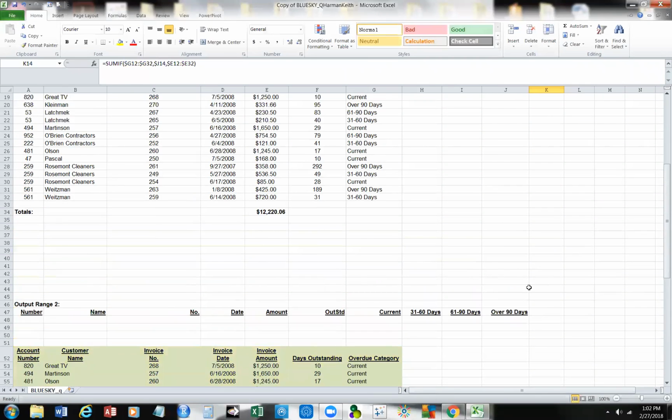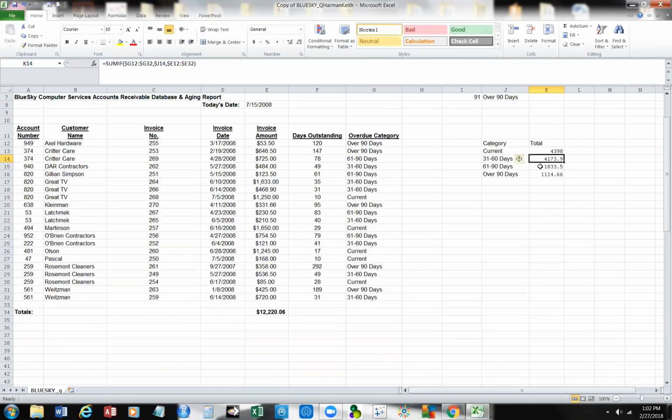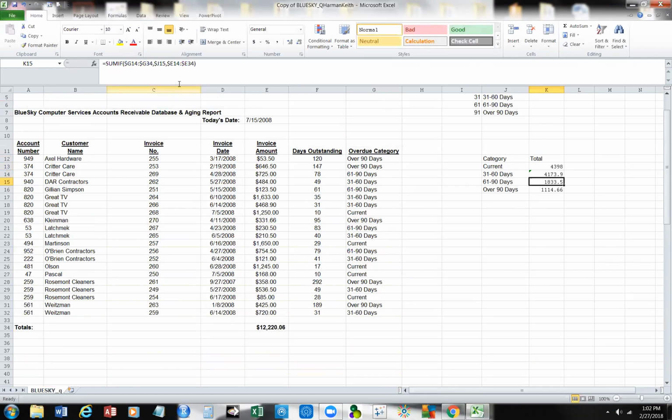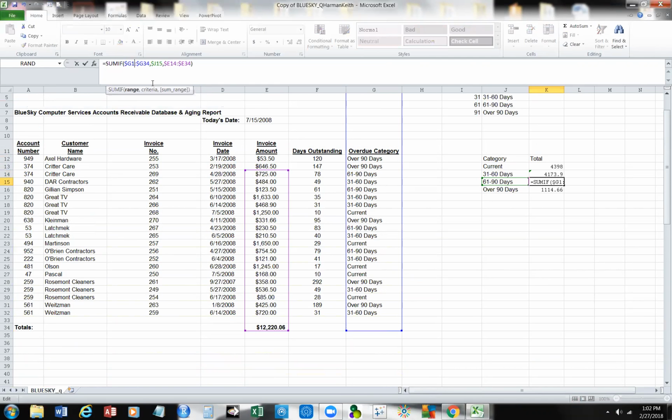43 so far. And then it just becomes a matter of this one. Again, this is going to be G12. You notice how it's wanted to advance. G12 to G32. J15 and E14. Pardon me, I want E12 to E32. You'll notice how we've